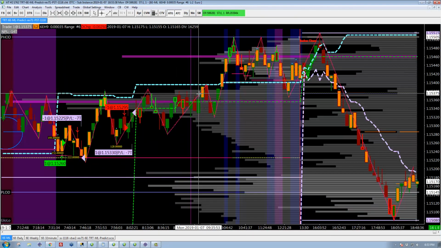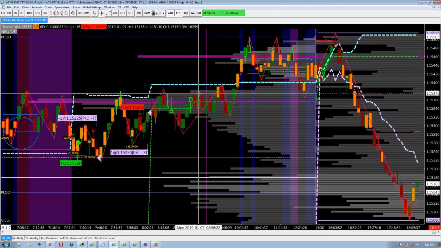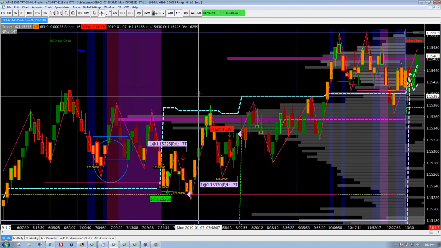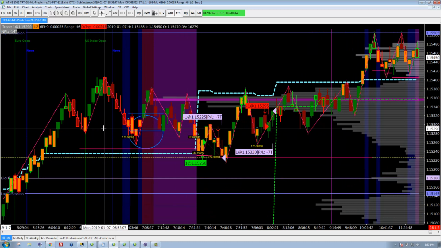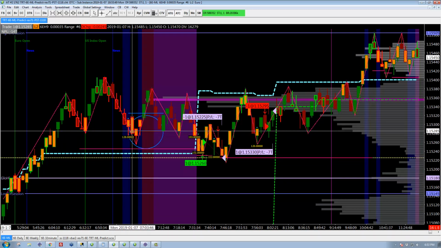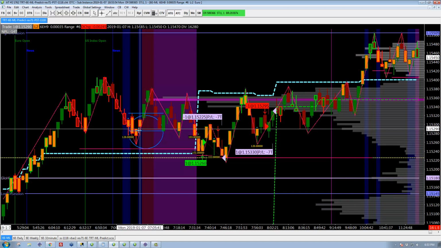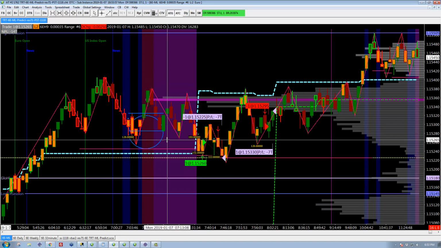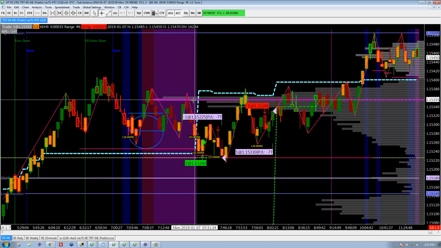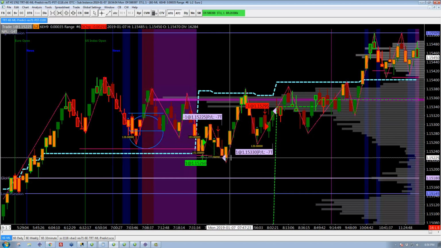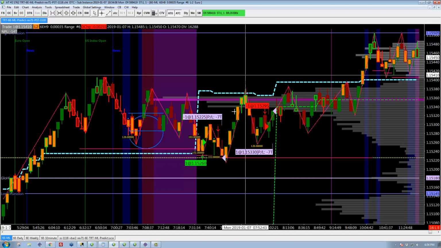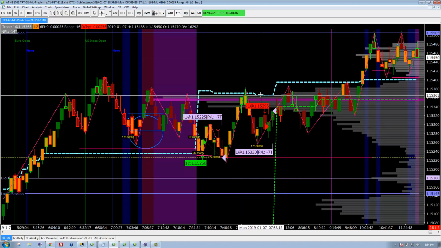Let's take a look at the euro here at 6E. What happened here? Okay, so there's the open here. So a short there, basically on that break. Okay, I see that. And then along there that gets nicked. So that's, stop is a little too tight. You'd make a little bit, but then